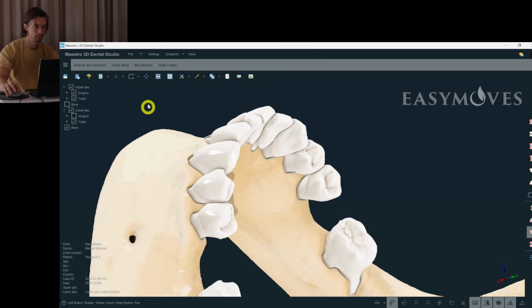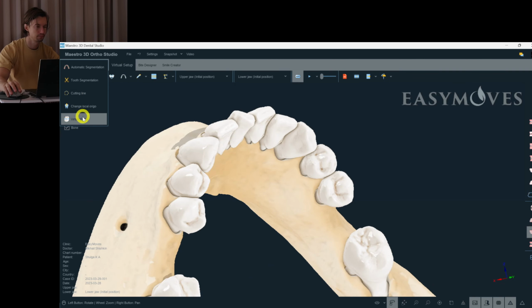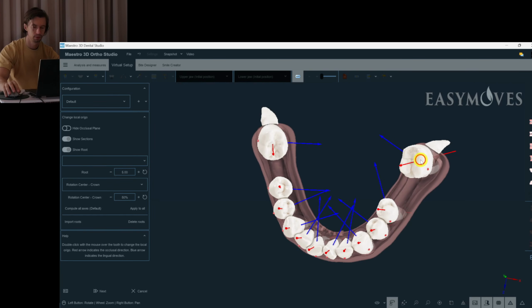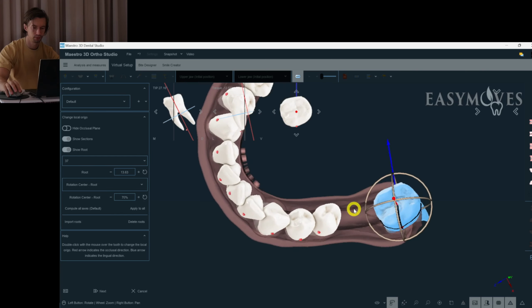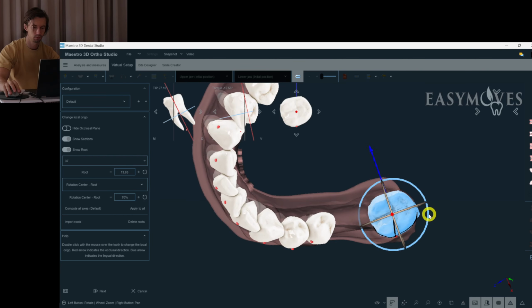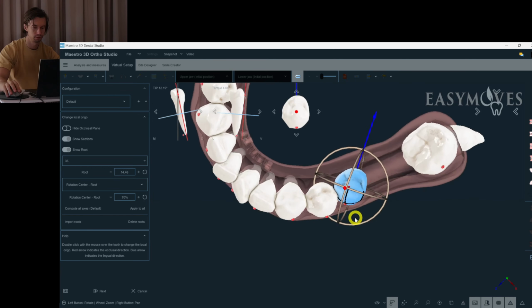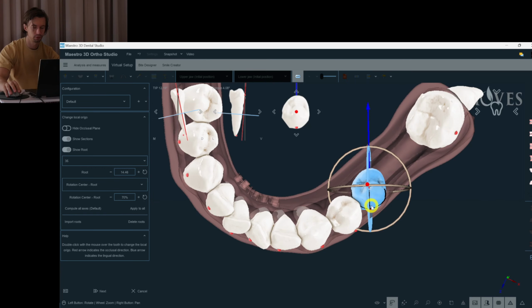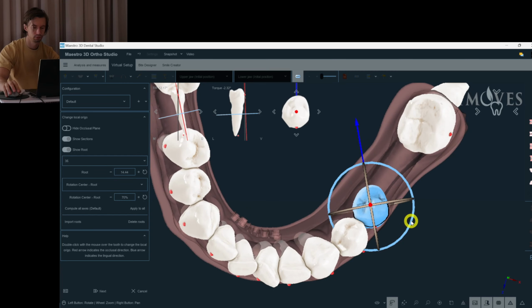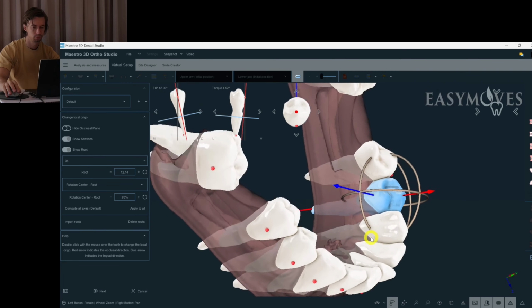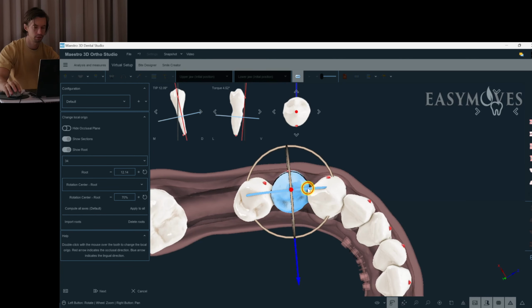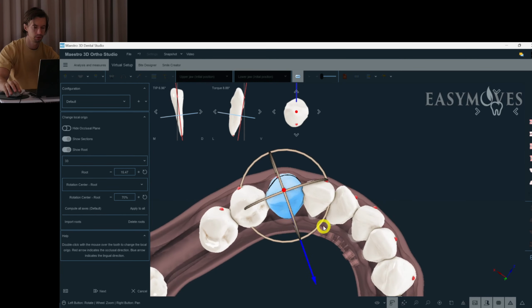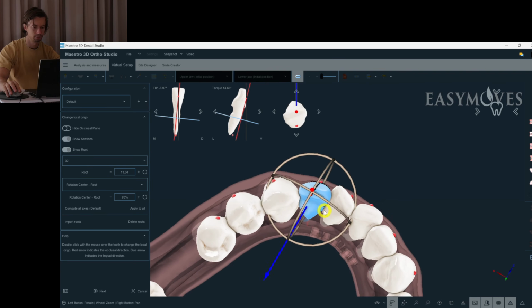And we start with change local origo, where we check all the axis of the teeth. So here, first of all, we turn on this view, the occlusal view, and we check if the axes are correctly placed by my technician who prepared these models for me,